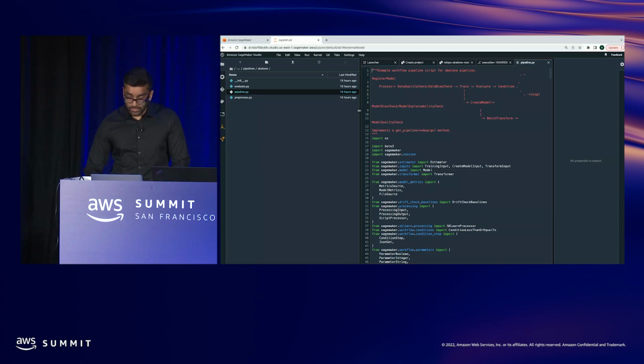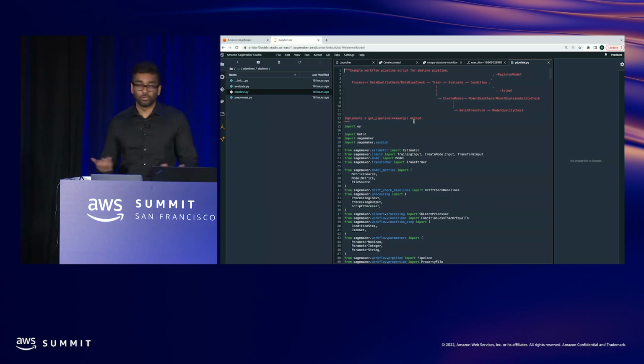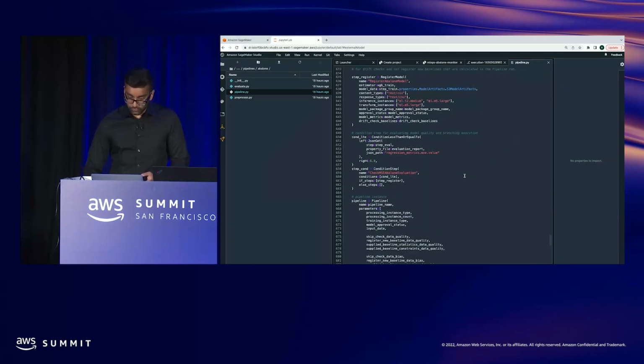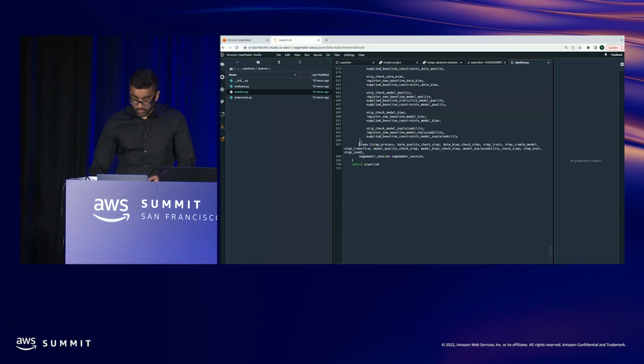Once again, this applies to the abalone data set, but you can substitute it for your own data set, take this code and adjust it as you want. That's the whole point of projects, to pretty much bootstrap all that work. If I scroll down to the end of this, all the way to the end, you'll see the steps that Karthik was talking about. You can pretty much configure using the SageMaker Python SDK these different steps for